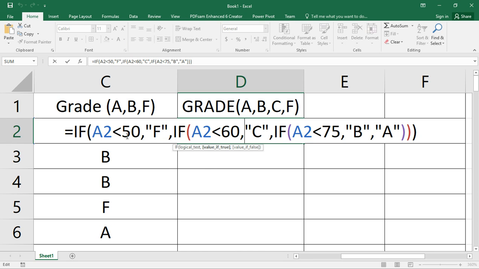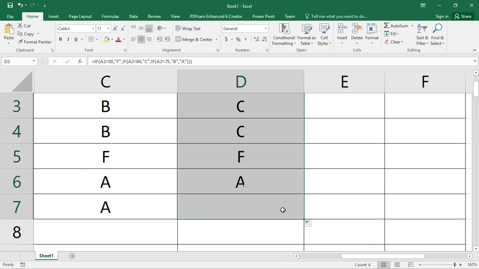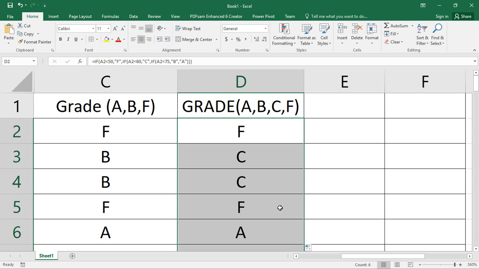So that's it. If the one is less than that, comma, if again, up until we get this formula. So we say enter. So how many A's and how many B's do we have? See, those that were graded as B with this formula are now graded as C. Why?